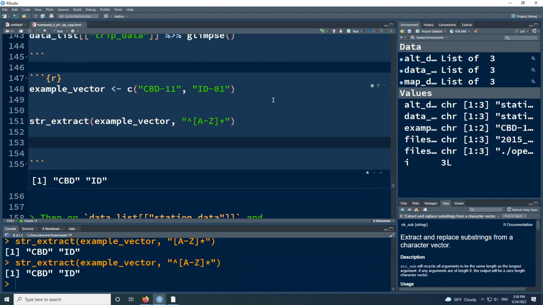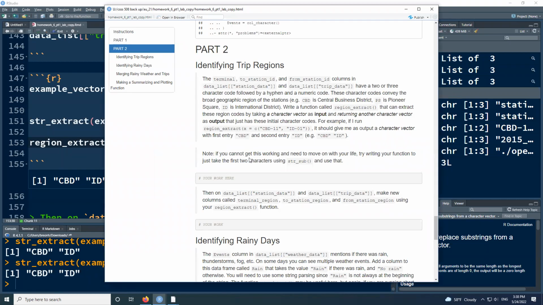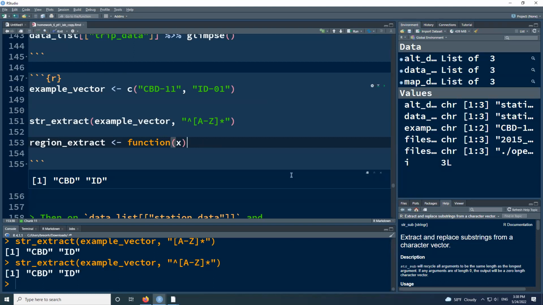So we could say region extract will be the name of our function. We will assign to it the function, and that function will take the argument x. I think that's what the instructions ask us to do. Let me check. Yeah, region extract x equals some vector. Okay, so our function is going to take the argument x, and then in curly brackets,